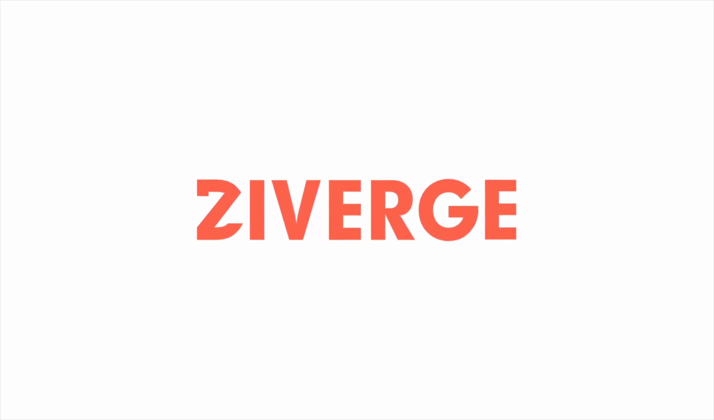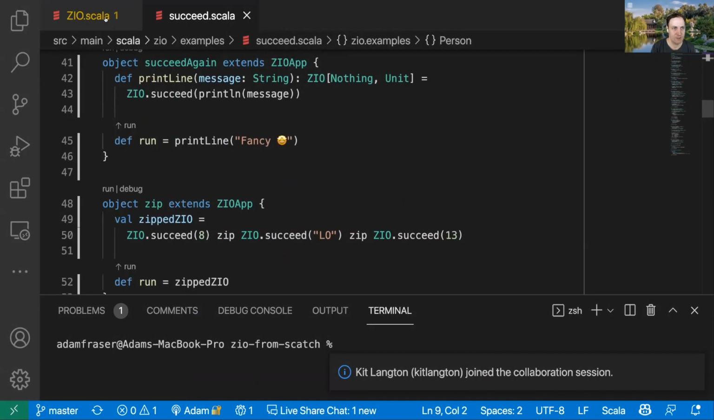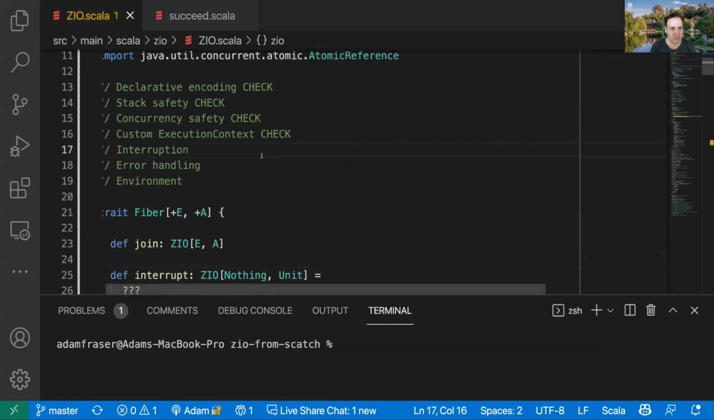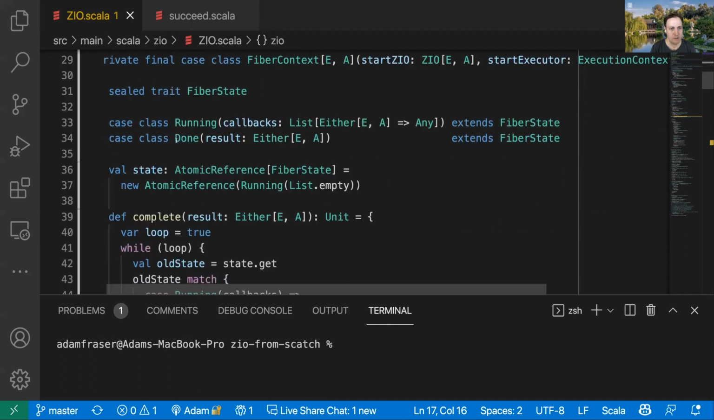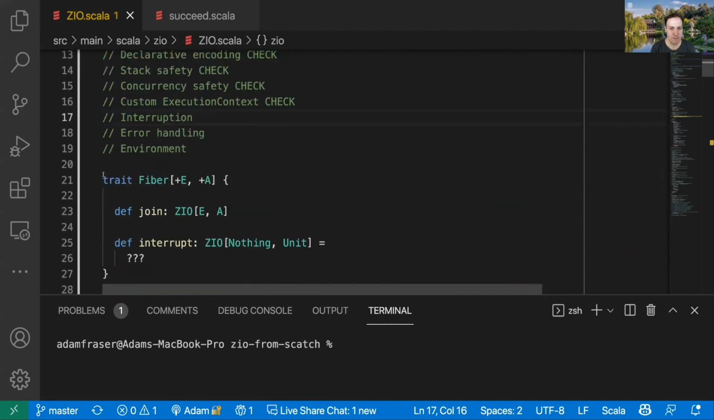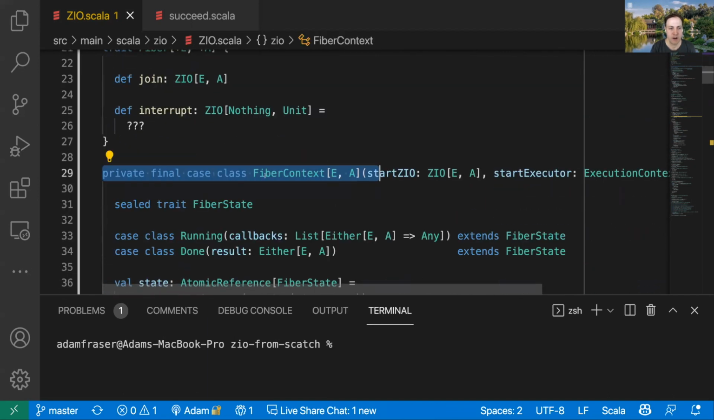All right, so recap of where we were from last time. Here's where we have our nice little summary on top. So last time we worked on moving to this concept of the fiber context here, where we said at the